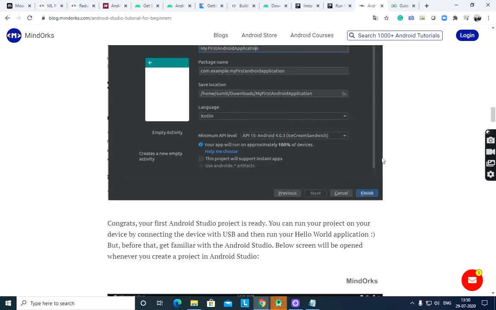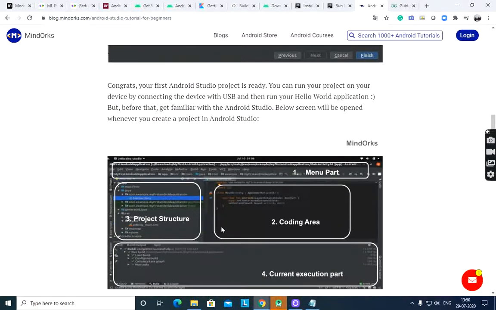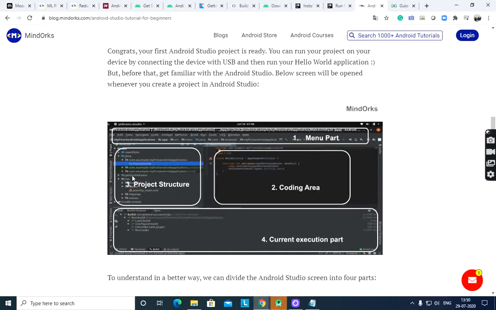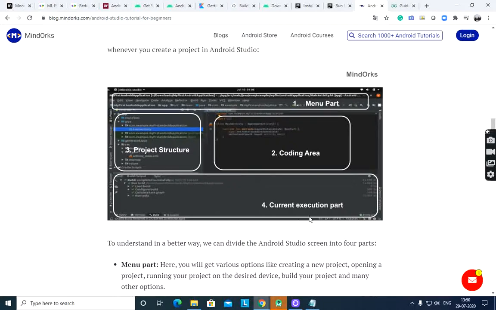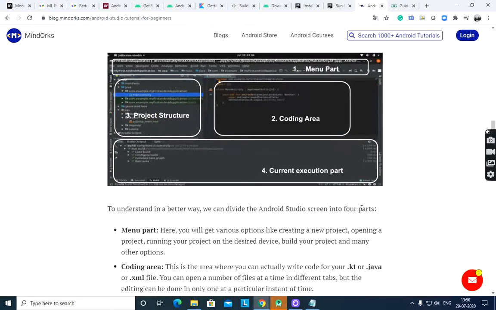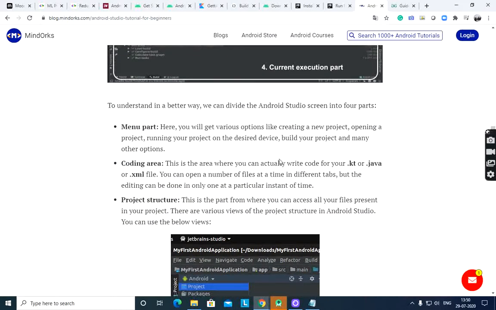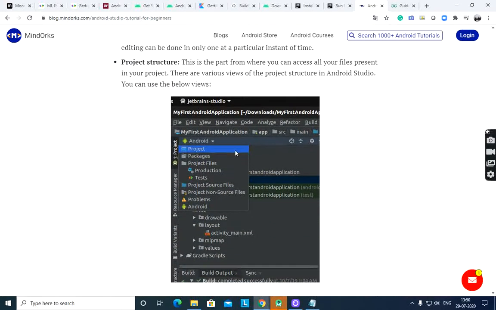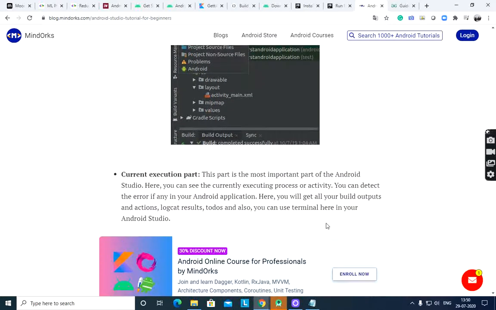Then click finish. It will show the screen: project structure, coding area and execution part. Three divided areas are there, and the menu part. Here the project shows all the folders. Project structure is there.